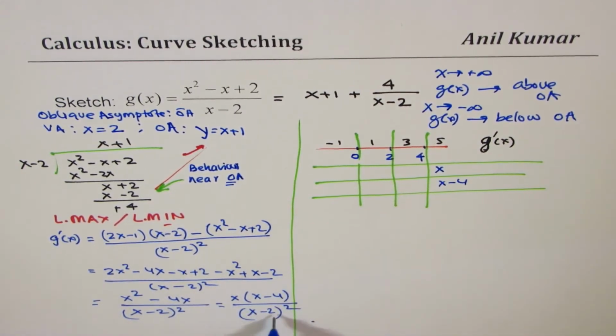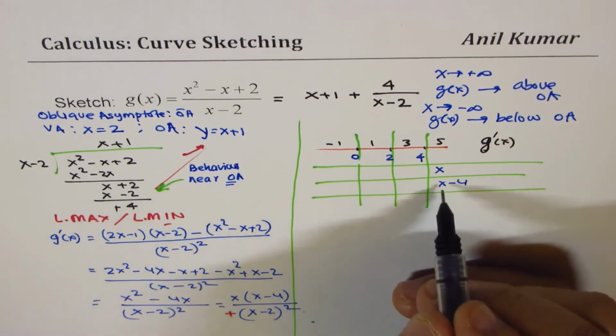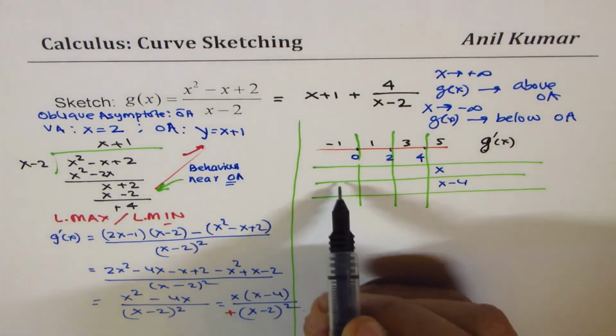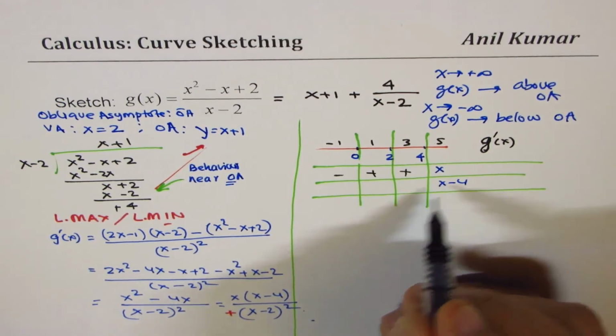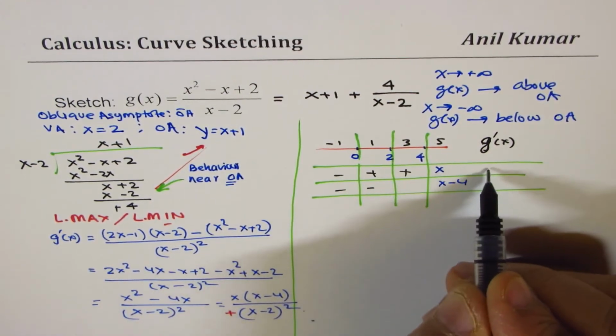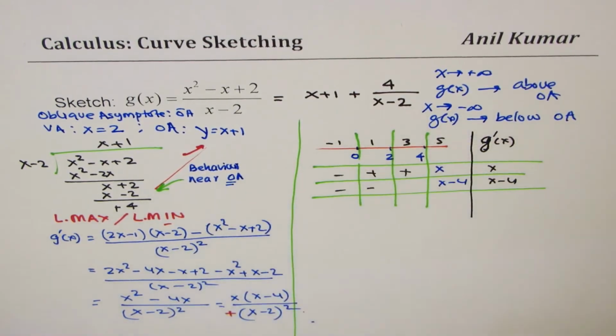minus 4, and the denominator is always positive, so let's not bother about it, since we know this denominator is a square term, always positive. So we'll do these two factors, the numerator part. So with negative, it is negative, these two are positive, this is -4, so negative. I'm sorry, I should have written x and x minus 4 here, okay, and